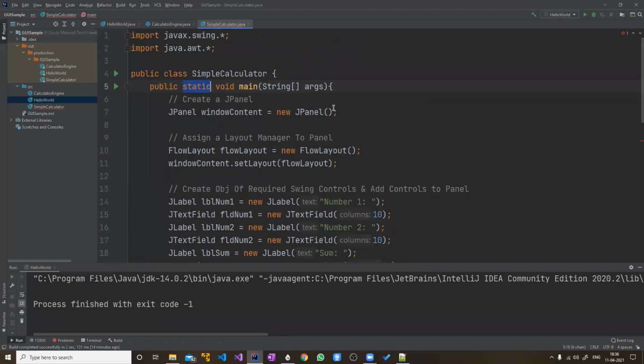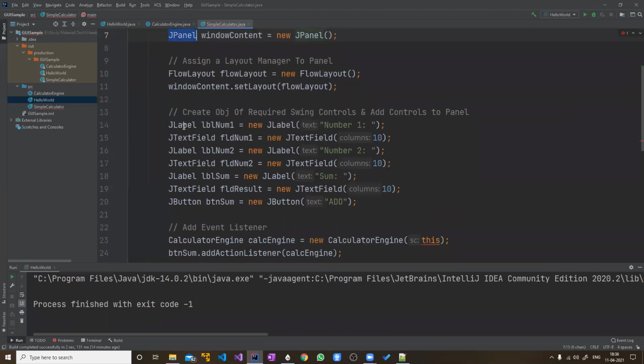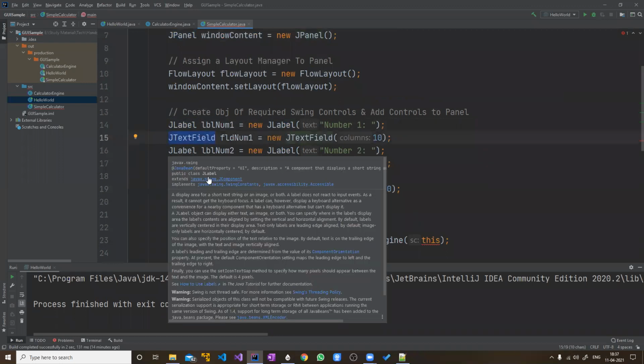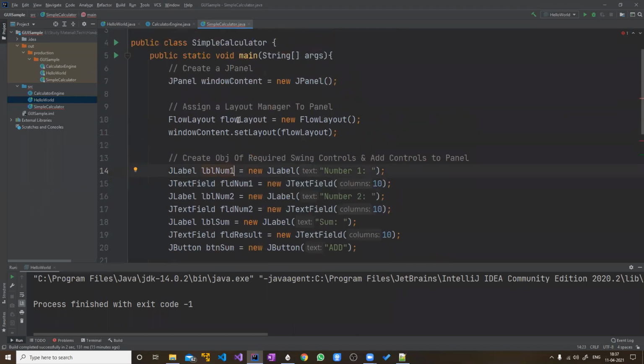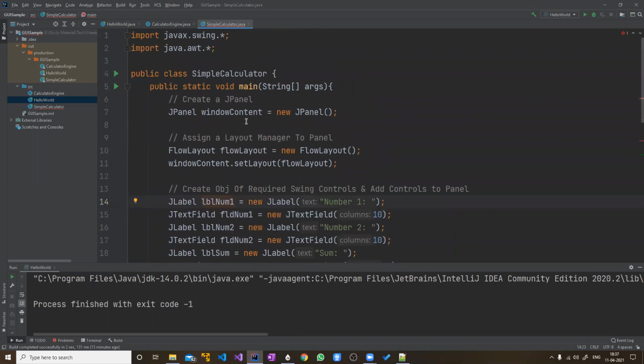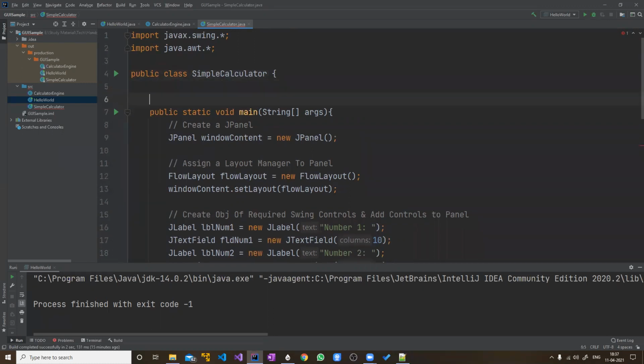First, all these things, that is the window content, this JPanel, this label, text field, we want them to be created when the object is created. So we want them to be part of an object. We will move them outside the main function, which is a static function. Remember, main will always be static.